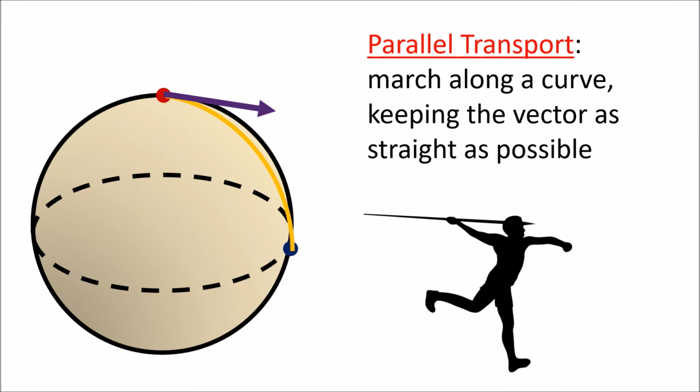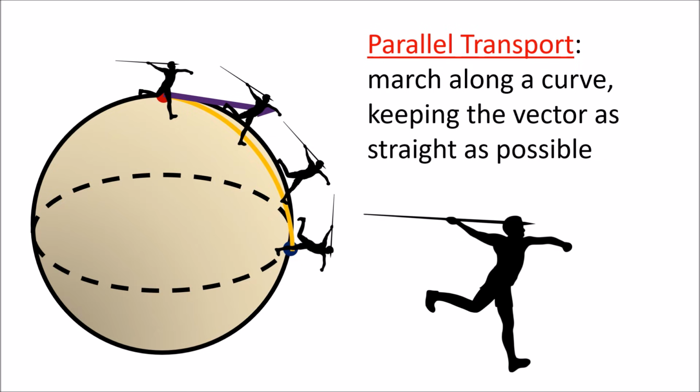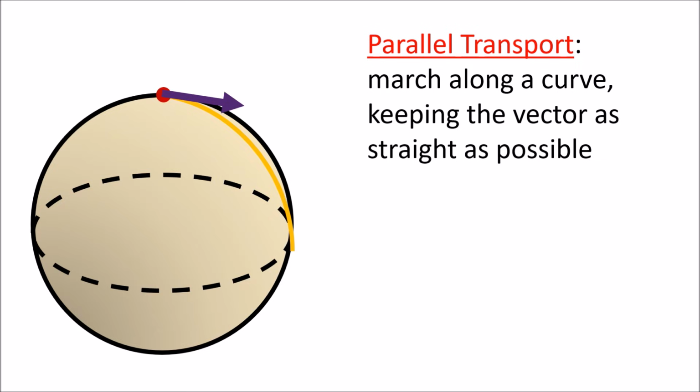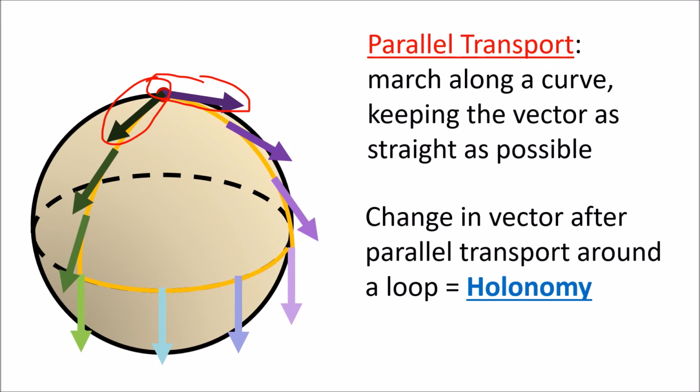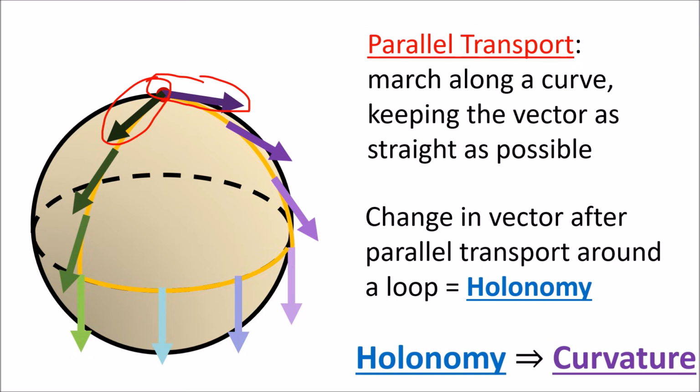In the last video, we said that to parallel transport a vector on a curved surface, we just march along a curve, keeping the vector as straight as possible. If we're at the north pole of a sphere, and we parallel transport a vector forward, sideways, and backward up to the original point, we notice that there's a change between the initial and final vectors. This change in the vector after parallel transport around a loop is called holonomy,